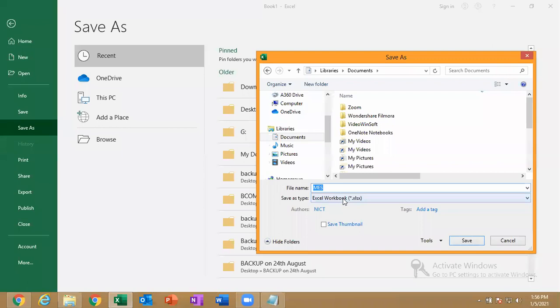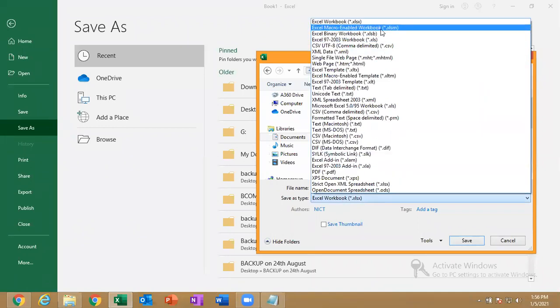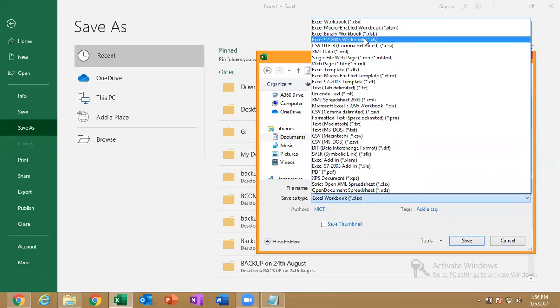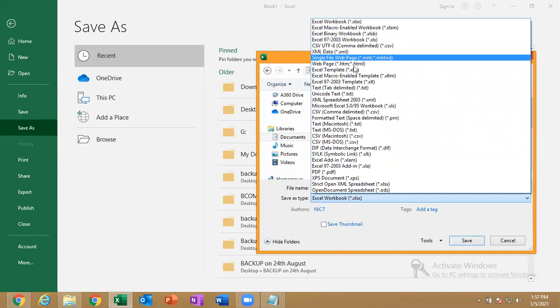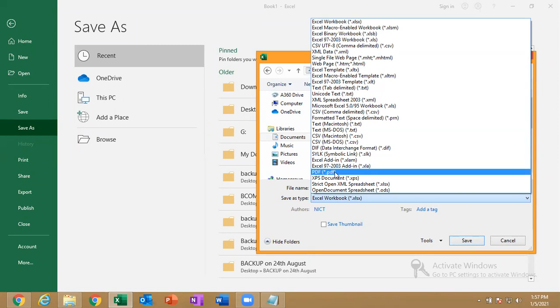By default, it is Excel Workbook, that is nothing but .xlsx. Okay, and then click here. See, I have different things like XLSM, XLSB, and the old XLS. Last class we talked about this, from 97 to 2003, which is the older version, and where I can convert into XML and where I can convert into PDF. So these are all other extensions or formats where I can convert or save my Excel file.